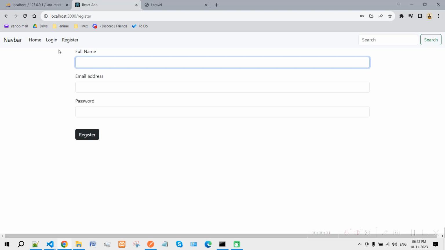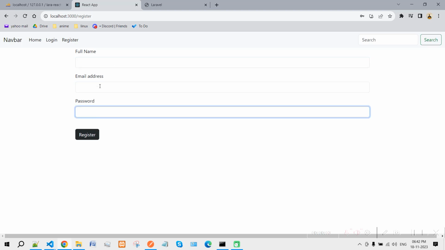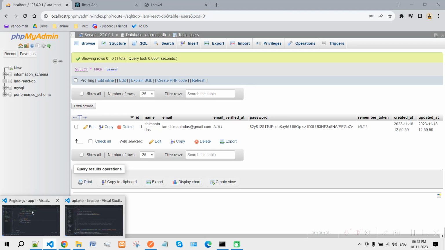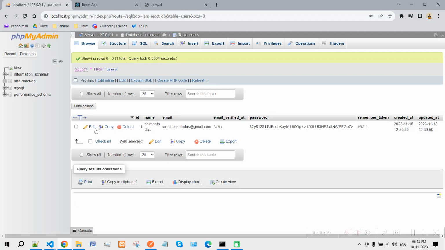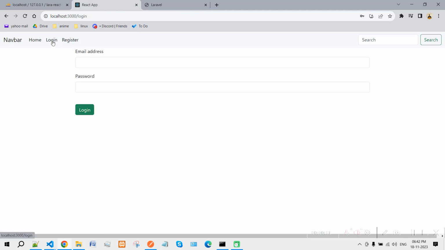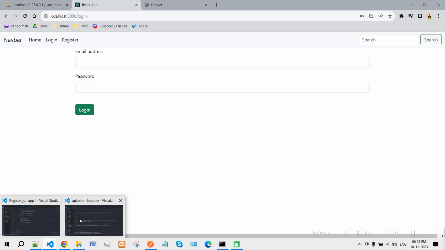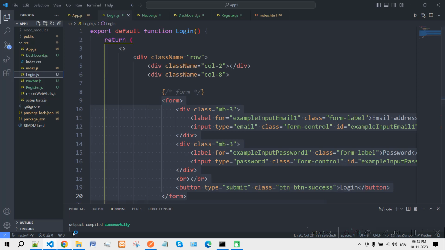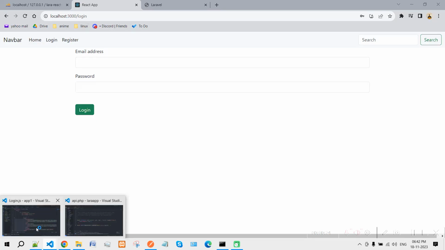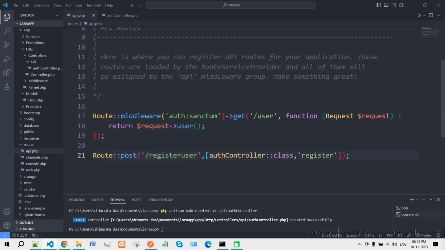Last video we have seen how to make a registration form using React and how to connect it with our Laravel registration API. In this video we will show how to make the login form. I have already shown how to make a login form using React.js and Bootstrap, so you can follow our previous tutorial. So in the login.js we need to make an API using Laravel, which will help to log in our user. So for that, let's